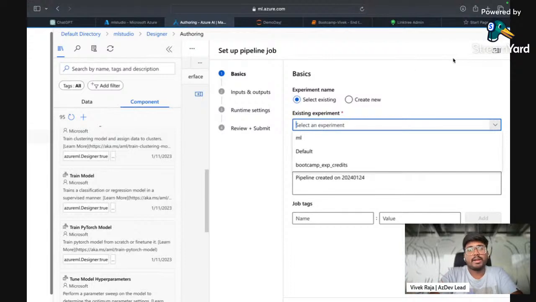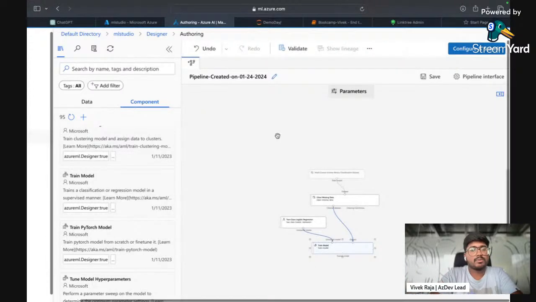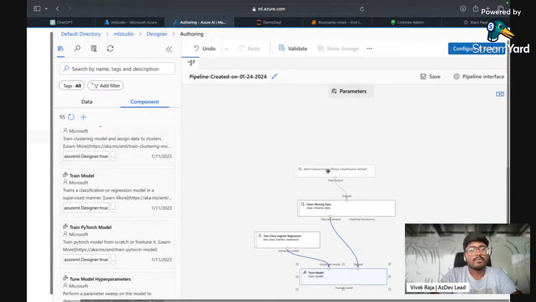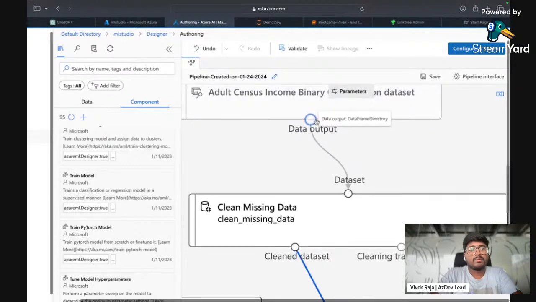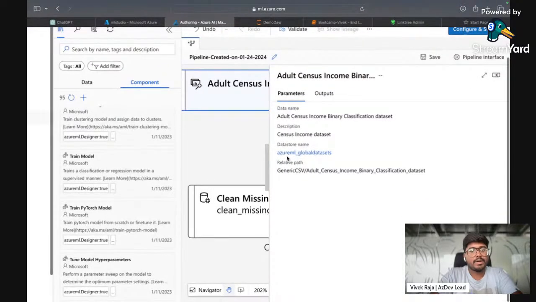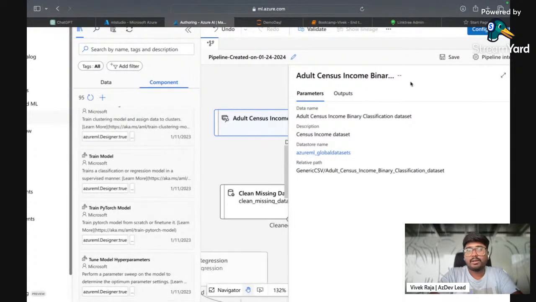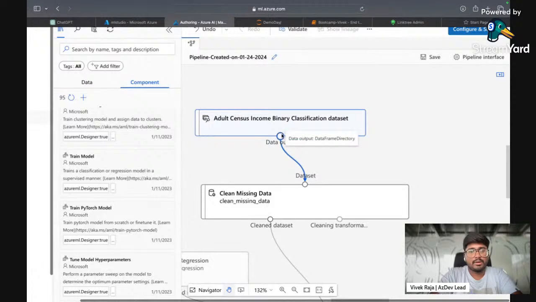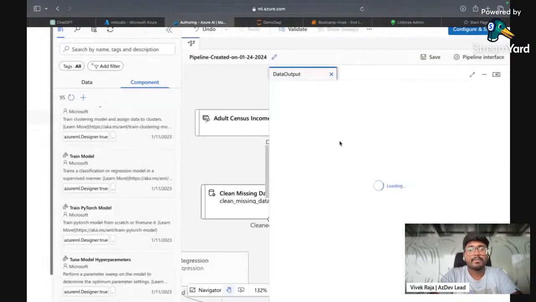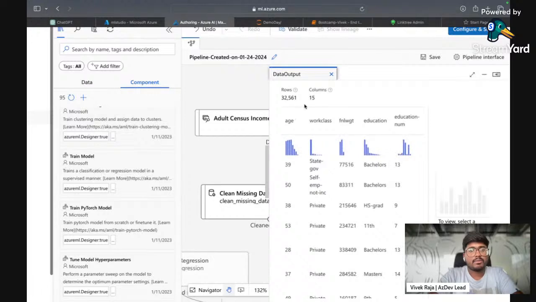I haven't explained what the dataset is about, so let me do it first so you'll have some understanding. Here we have income census data. Let me preview it so that you will understand much better. Right click and you have something called preview data. The dataset has around 32,000 rows and 15 columns.